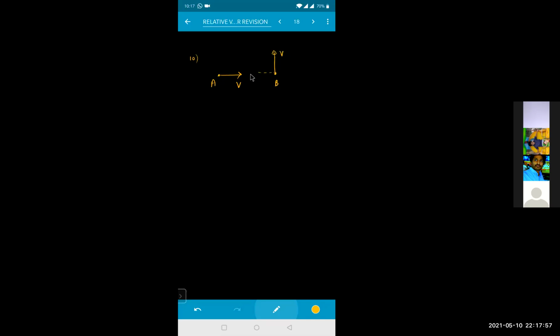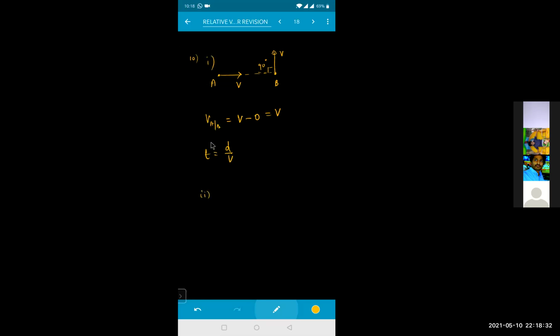An angle between them is how much? If I am attaching the angle between them, this angle is equal to 90 degrees. So velocity of A with respect to B will be equal to how much? This will be equal to cos 90. So how much will I be getting? How much will the component be? I don't have any component, cos 90 will become 0. So this will become V minus 0. That will be equal to only V, isn't it? So time taken will be equal to distance by velocity. That is your answer. That's it.